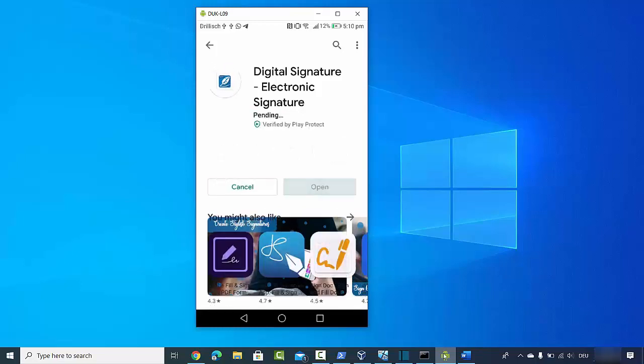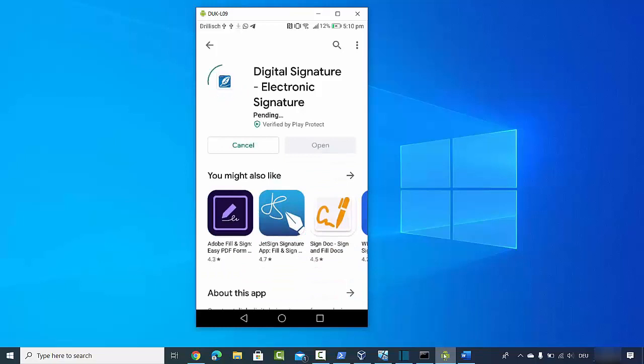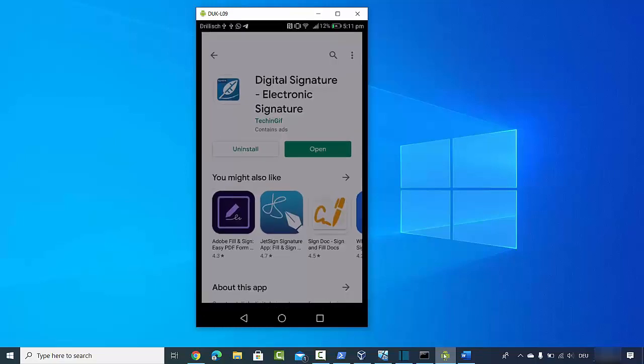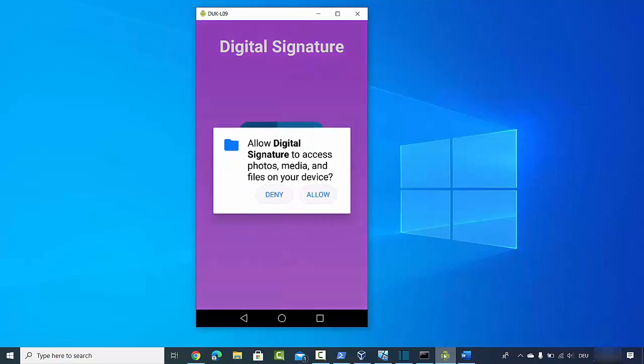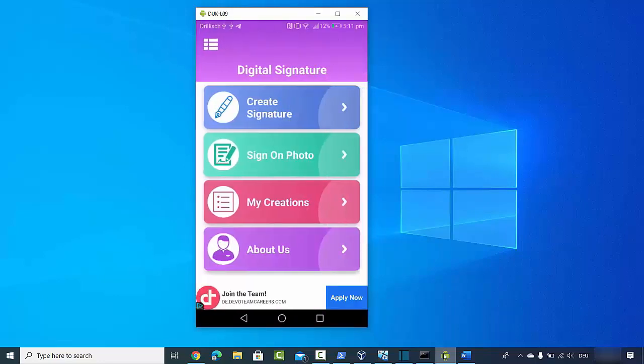I'm going to click on the install button, which will install this app on my Android phone. Once the app is downloaded, I'm going to click on open, then click on allow here, and now I have all these options inside this app.